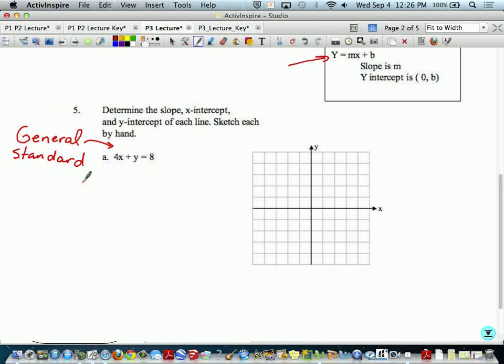Now some textbooks go as far as to write 4x plus y minus 8, like they'll set it equal to 0 like you would a quadratic. But I prefer the general form or standard form to be written x, y with a constant because it lends itself to the 0, 0 method very quickly. In other words,